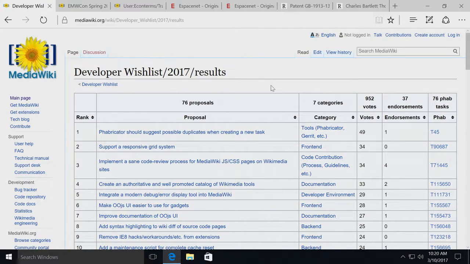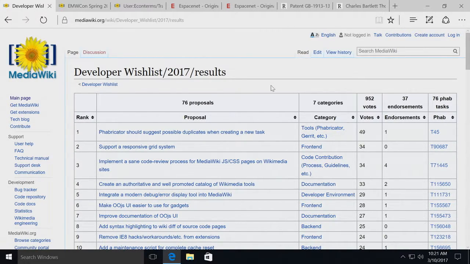But I wanted to share this with you and encourage you to take a look at what these tasks are. If you have comments, if you have suggestions, if maybe you've solved some of these in your own work or have ideas for how we might solve them, the Phabricator tasks are all linked over there, and you can go and see what's being discussed now and who's working on it or not working on it. Or if it's something you want to work on, if you're like, I really want to help with this thing with documentation or some actual code development.